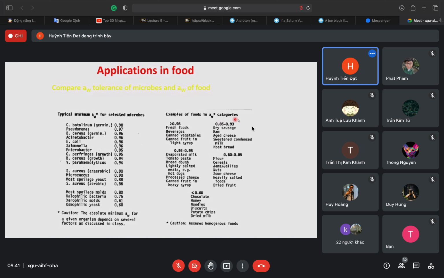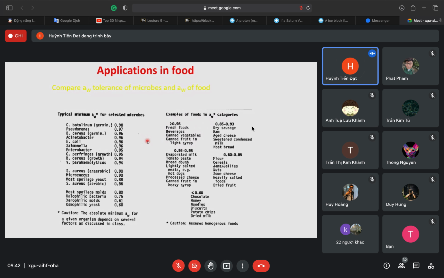Example in the food, and they can classify into different categories. Over 0.9, we've got the fresh fruit, beverages, canned vegetables, and canned fruit in light syrup. In here, for example, if you got the fruit in the group of over 0.98,